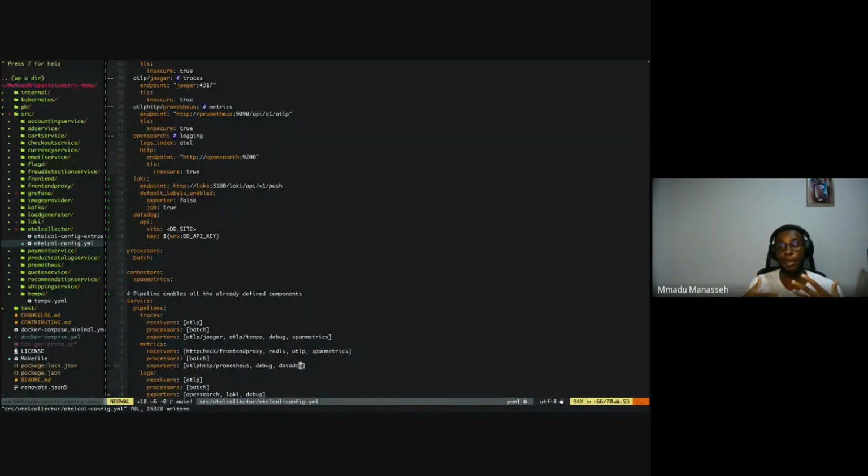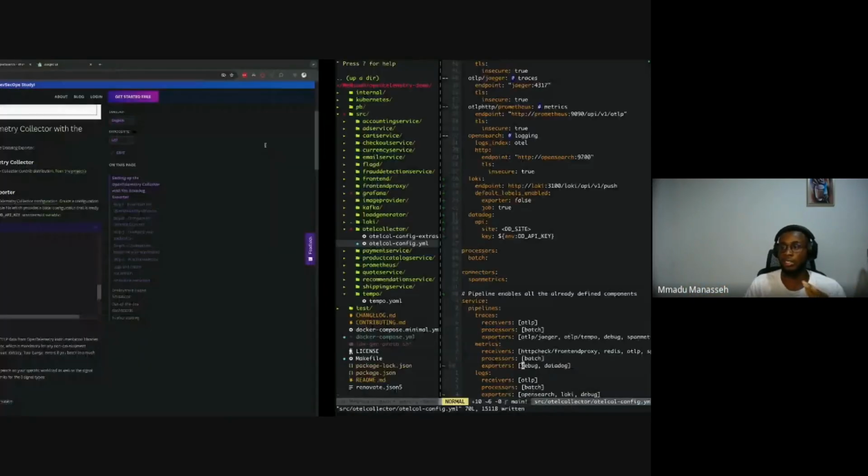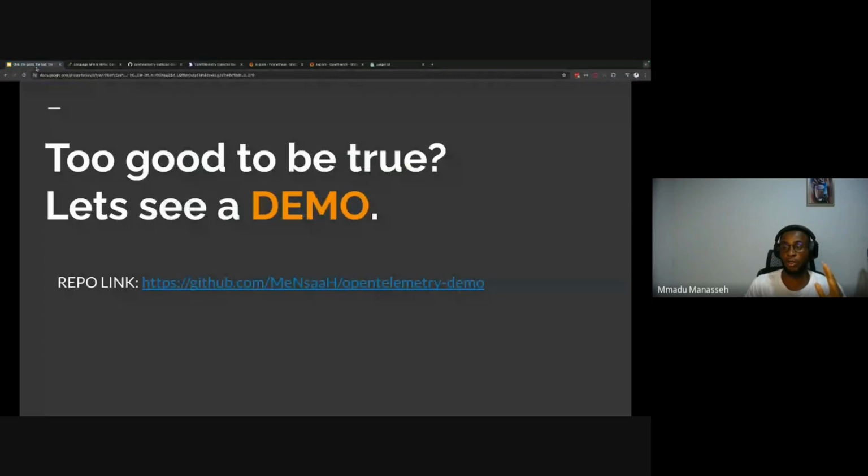So Otel is going to take the same metrics and push them to Datadog. If I no longer want to use Prometheus, all I have to do is remove Prometheus from the list of things that I'm exporting to. That is it. Otel handles everything. So in doing this, Otel handles all the instrumentation for your code, and then gives you the ability to choose where to store it.